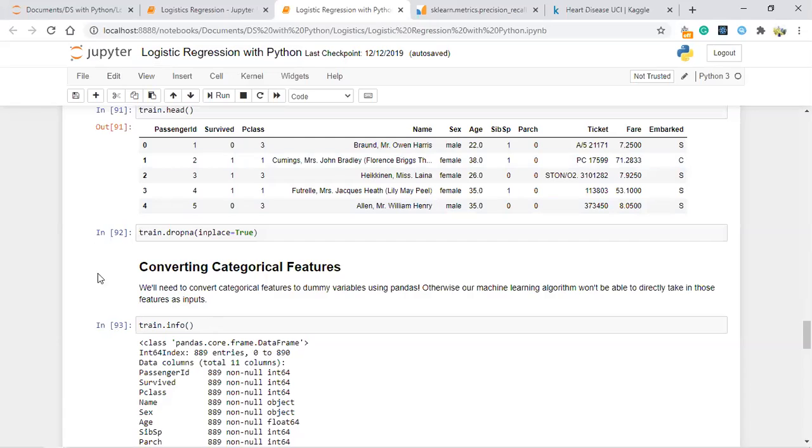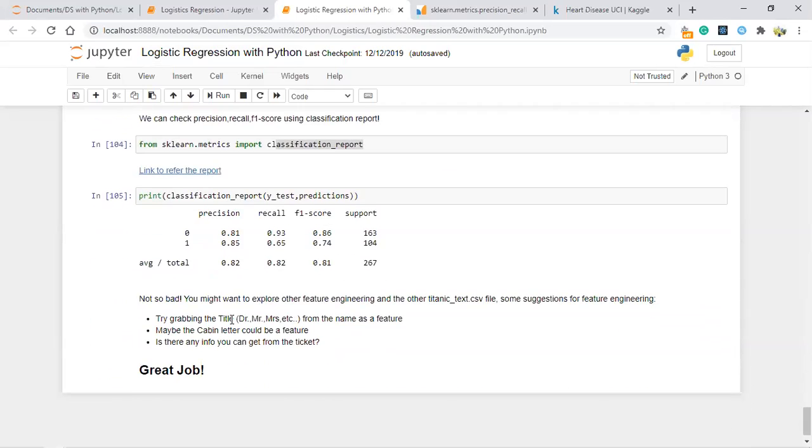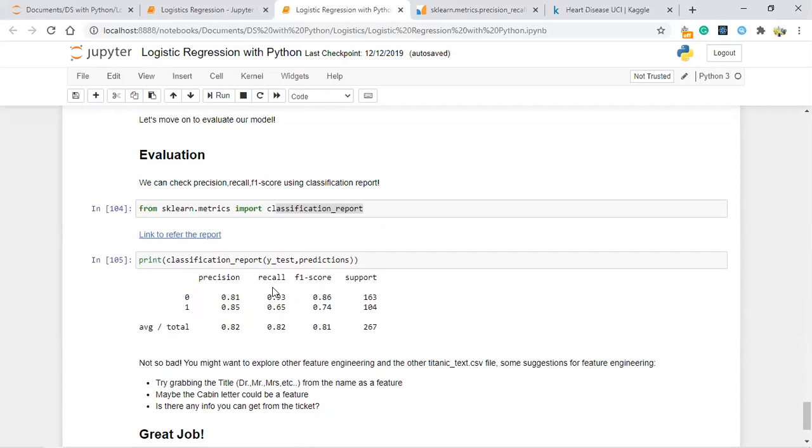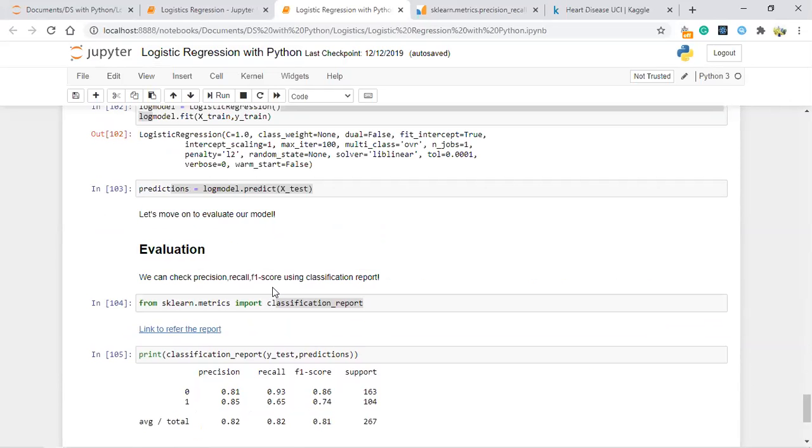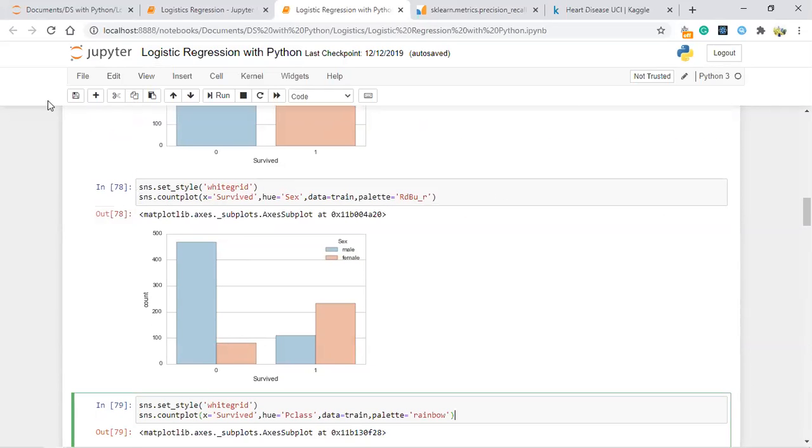The second logistic regression with the Titanic data set, I used only basic Python without libraries for the data pre-processing step. You should go through this too, because in interviews, whatever way they ask you to process the data, you need to process it. So I give both examples. I will recheck and upload these 2 files. If it's not uploaded, I will upload it, and I will upload one more project. The e-commerce project is already uploaded. Now I will upload the second project as well. So this week you need to do these 2 projects.